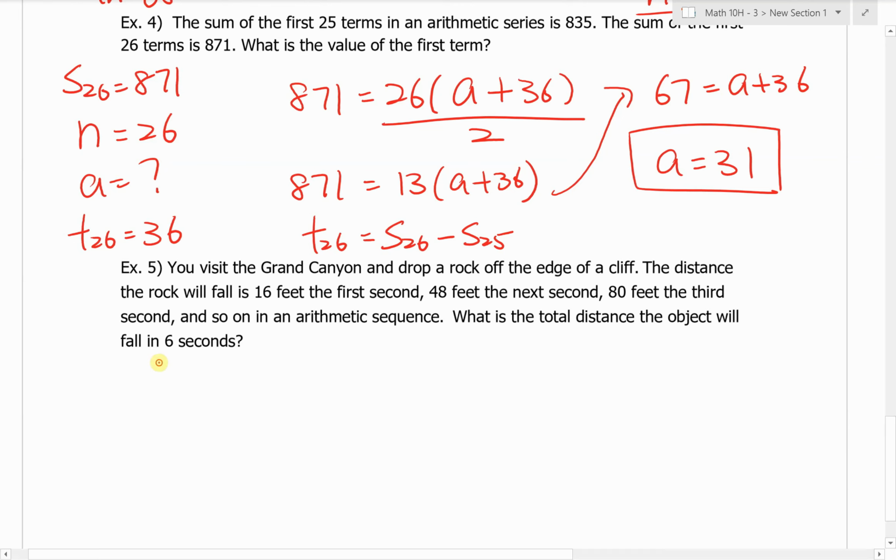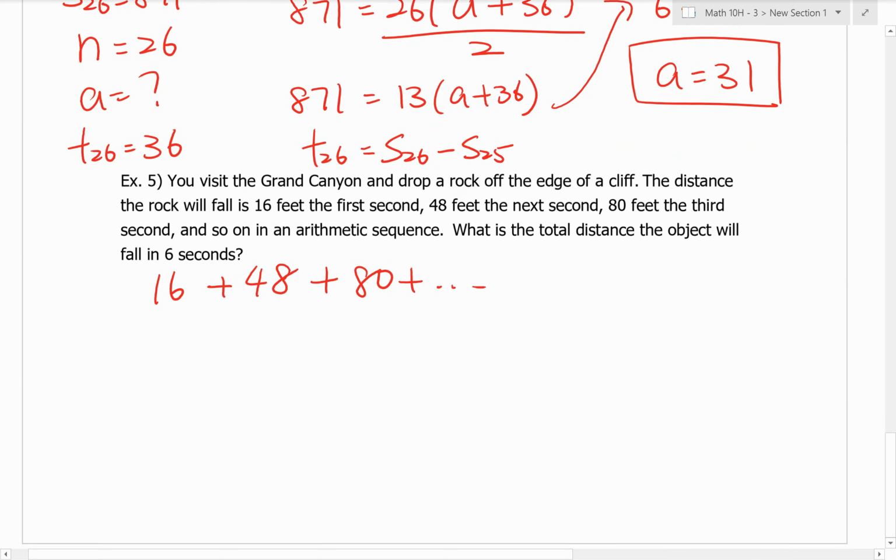So the first second it will fall 16 feet, and then the second second it will fall 48 feet. The third second will fall 80 feet, and so on. And we're looking for 6 terms. Well, this one's not too bad. We're looking for S6, right? 6 seconds. We know n is 6. We know a is 16. We don't know what T6 is, but that could be figured out quite easily by using the Tn formula